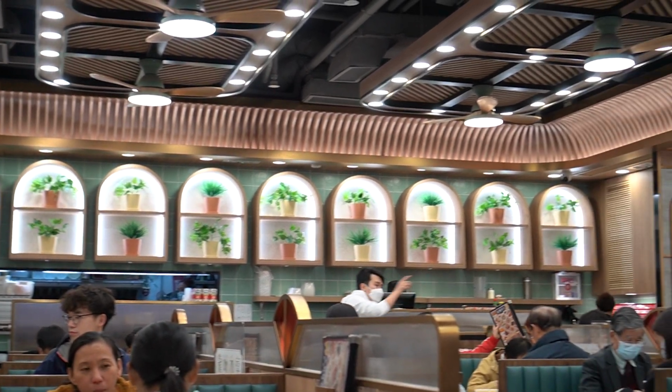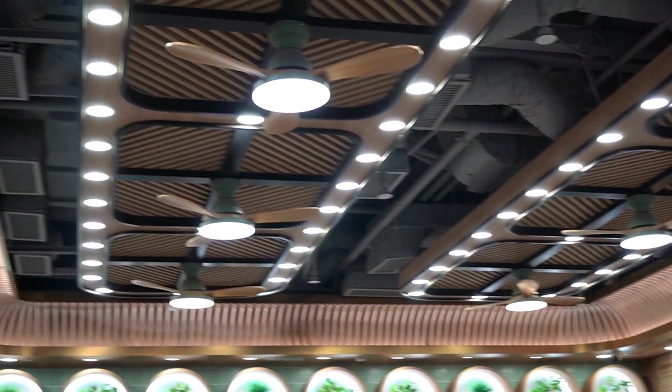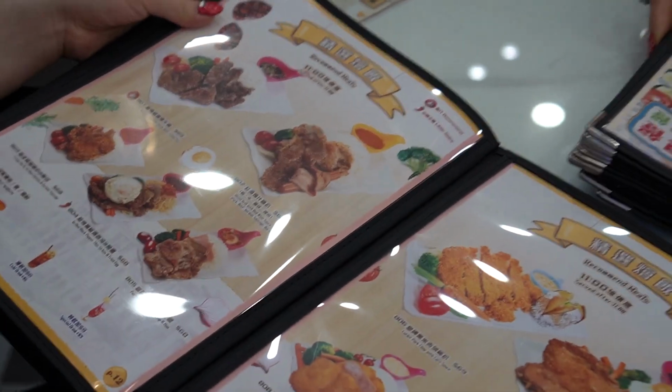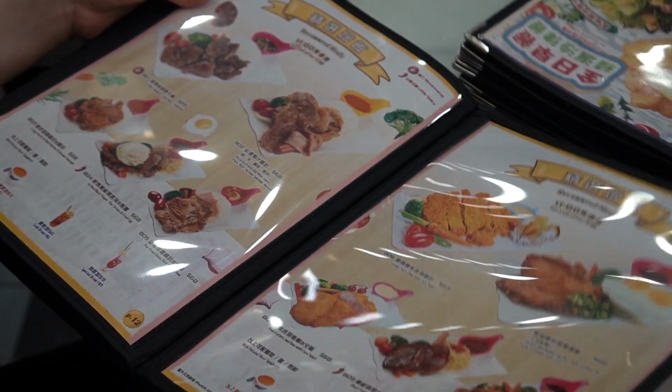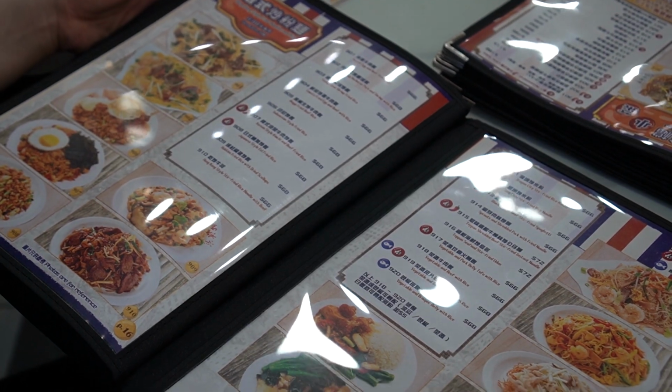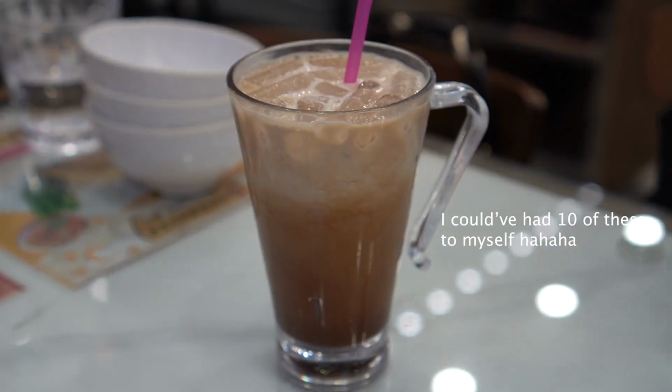So now one of the best things about Hong Kong is that you could literally walk just about anywhere and find extremely good food. So we're here at this restaurant and I'm so happy we got to try because the service and staff are so friendly, and really what's a better way than starting your day off with a great meal and a great service. Okay guys, so